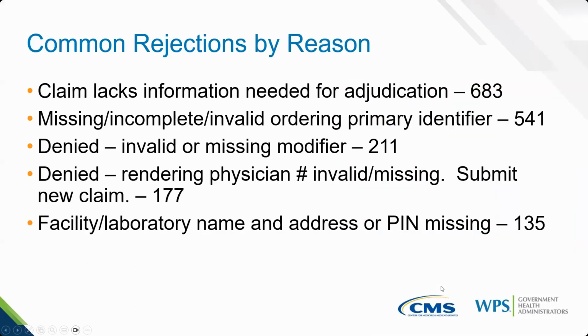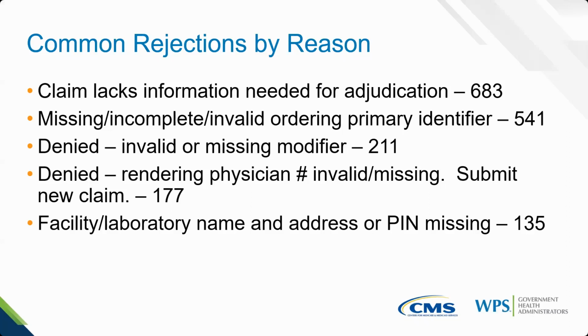So here are, based on that data pull that I did in analyzing that data, the common rejections for specialty 16 claims. The first common rejection you see on this slide is one that appears often on the remittance notice. That's why you'll see, typically a larger number of them. Remember that more than one reason code can print out on a claim. But whenever a claim is rejected, typically you're going to see that reason. Claim lacks information needed for adjudication. And in that case, you're going to need to look to those additional codes to really kind of zoom in on what it is that was missing.